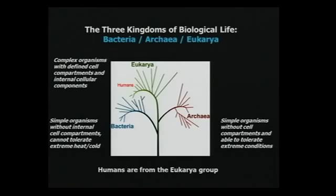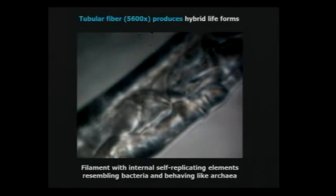Now, the materials appearing within these filaments are as tough as archaea. They look like bacteria, and they self-replicate. One looks like something called mycoplasma, but is not. One looks like chlamydia, but is not. And natural fibers or filaments would be classified as fungal in the domain of eukaryotes. But these fibers contain forms from the other 2 groups inside them. You're looking at a tubular fiber with self-replicating internal elements resembling bacteria and behaving like